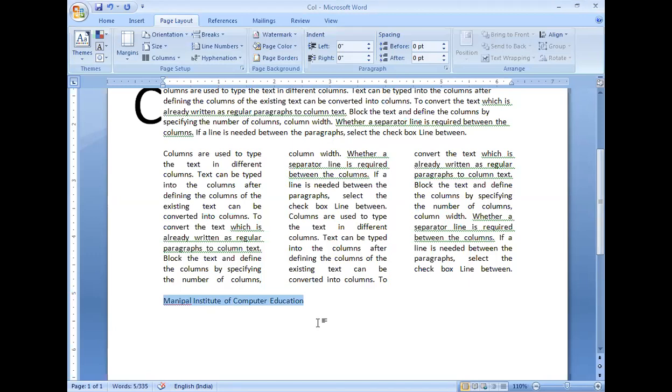How can we do this? After typing and blocking the text, use the Alt F3 function key: hold the Alt key and press the F3 function key.